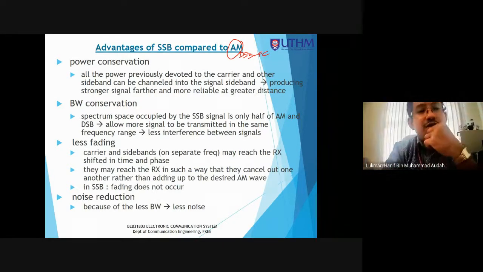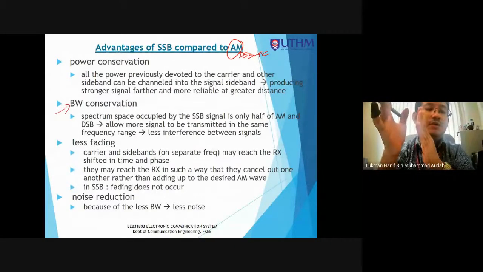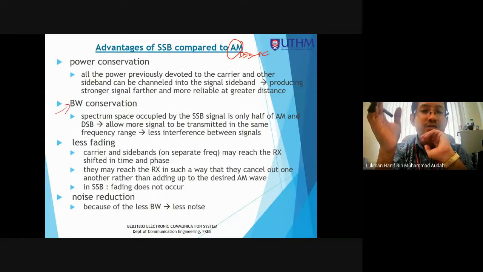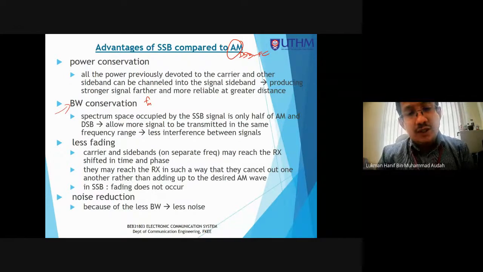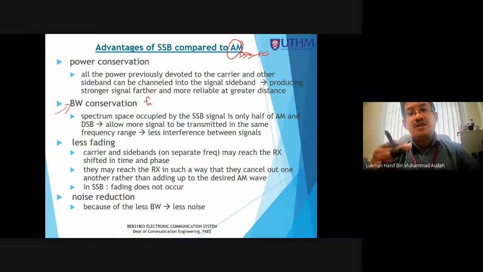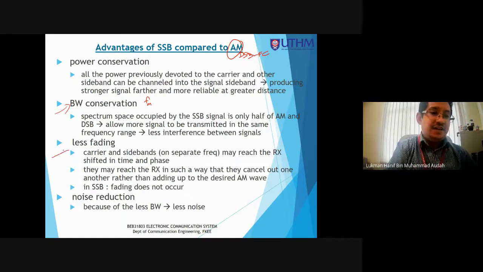Dari segi bandwidth conservation, bandwidthnya menjadi separuh. Okay, bandwidthnya menjadi separuh. So bandwidth becomes equal to fm. So if we use a small bandwidth, that means we can avoid interference with the adjacent channel. Kita boleh mengelakkan berlakunya interference dengan channel bersebelahan. Less fading. So less fading means